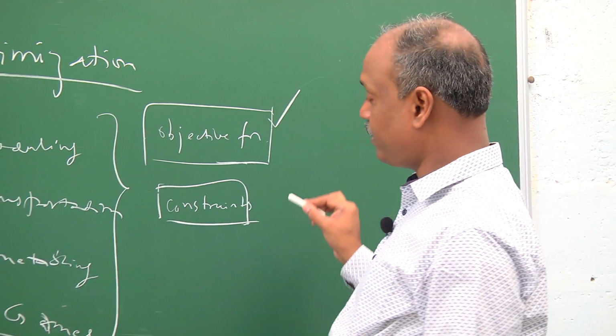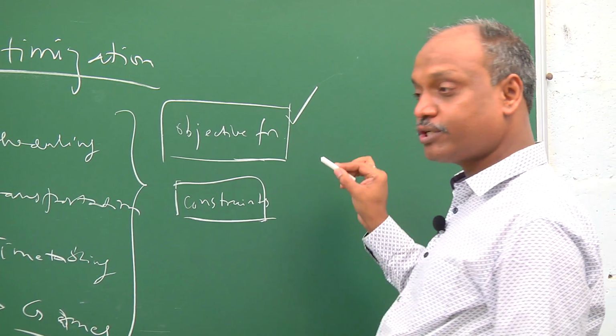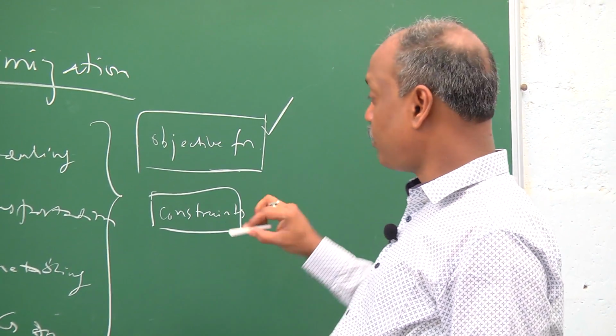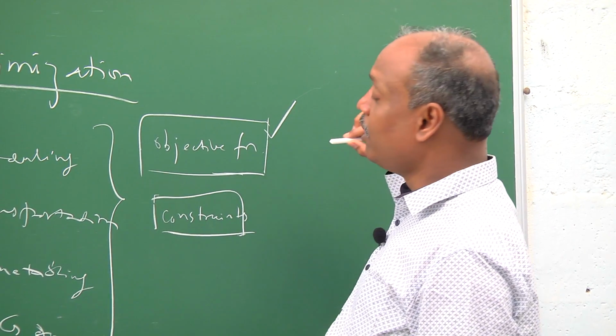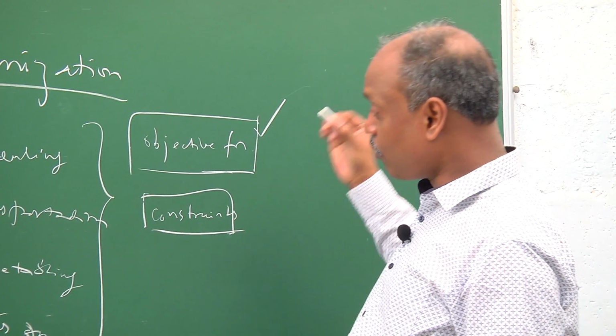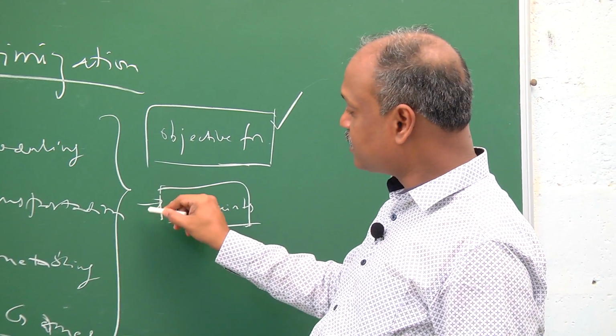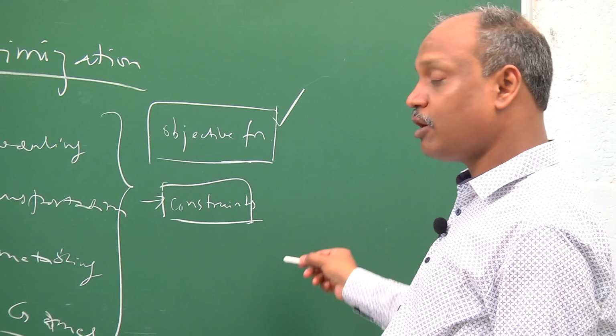It could be in the form of maximizing profit, or minimizing cost, or minimizing the time. Some are negative in terms of objective, some are positive. For example, in the case of utilization, it's maximization. In the case of cost, it's minimization. In the case of total distance, it's minimization. And this is in the presence of some constraints which cannot be violated.